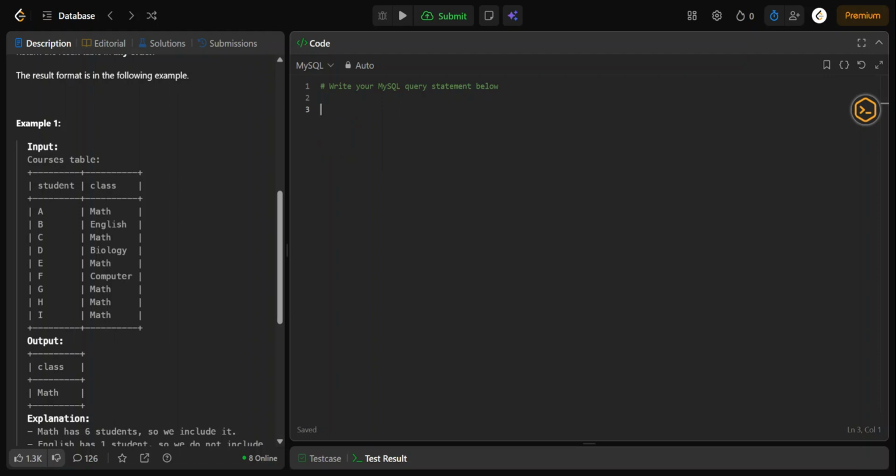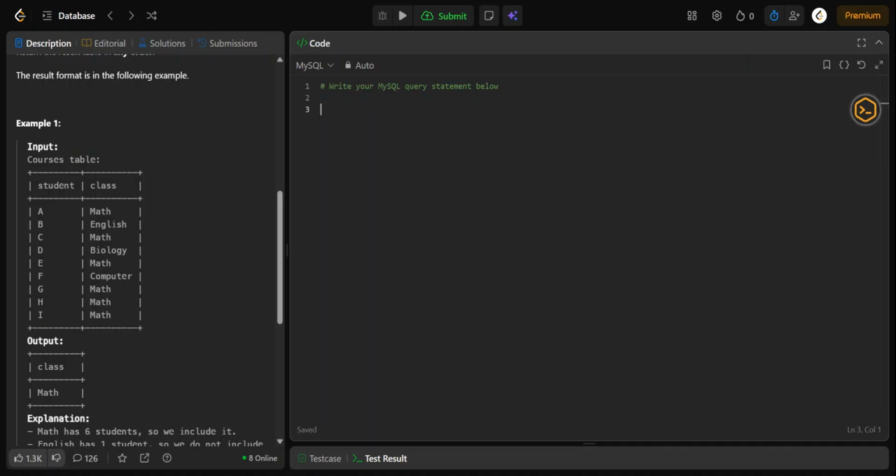Therefore, we must use HAVING here. HAVING filters the groups, and WHERE filters the rows. So both are different things. I repeat: WHERE works on rows and HAVING works on groups.